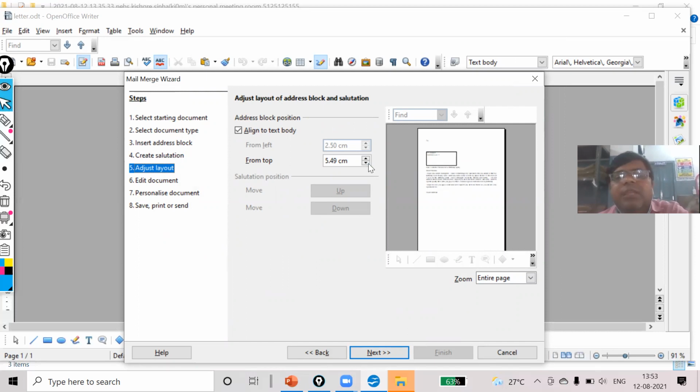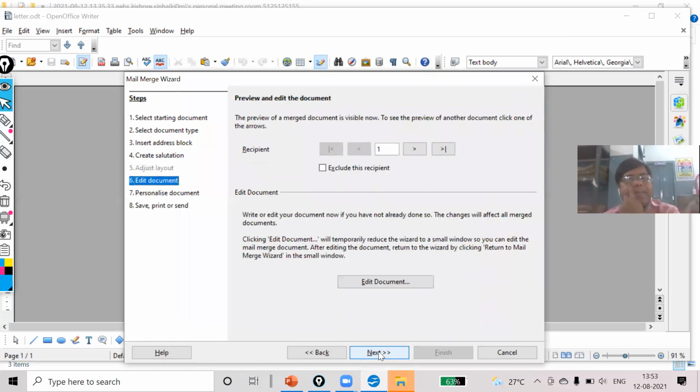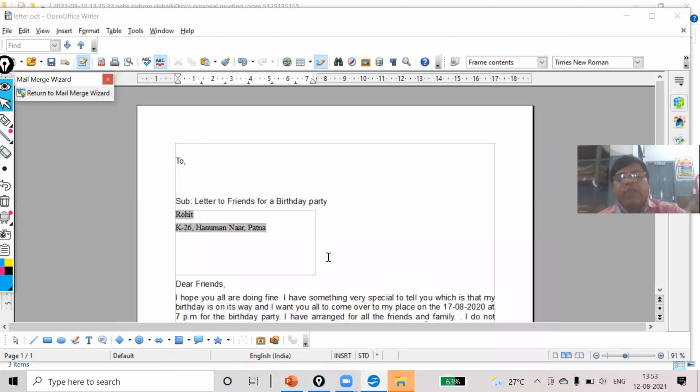Now it is showing where you want to have your address block. You can see the rectangular box showing where you want to place it. As per that you can shift it. Now I'm quite happy with this. Next. Now here if you want to edit your document, you can go for Edit Document wherever you want to make changes.